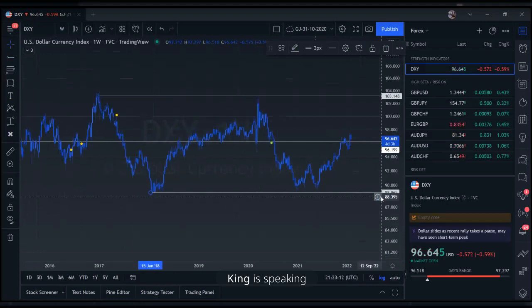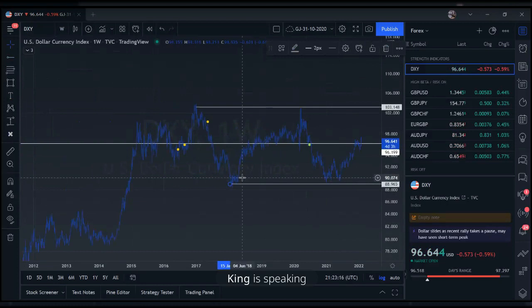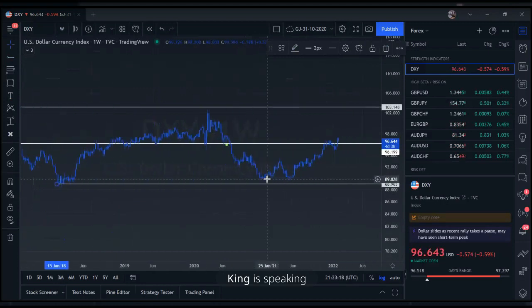But you do get times in the market, I think, if we're looking at 2021 in general, the dollar was pushing higher while Bitcoin was pushing higher. So demand for dollars doesn't necessarily mean weakness in Bitcoin, but